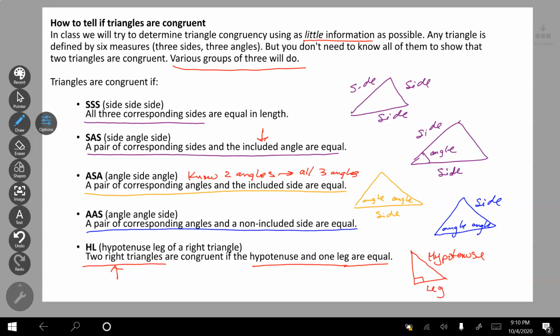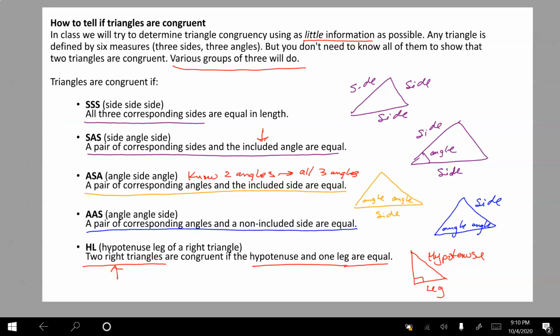Same thing goes for this next one, angle, angle, side. So angle, angle, side is no longer the side in between. It's an angle, another angle, and then the side that's not in between the 2 angles. And then we have a special one that we only use for right triangles called the hypotenuse leg